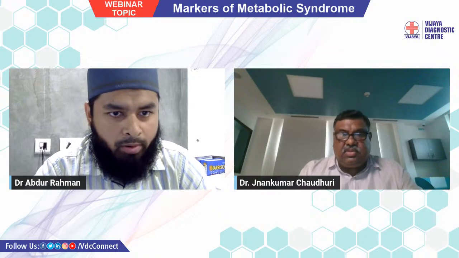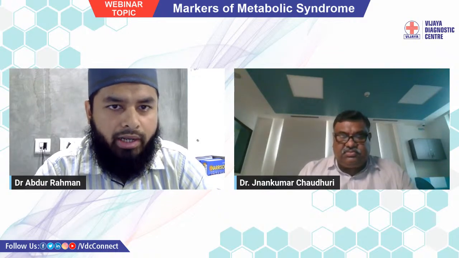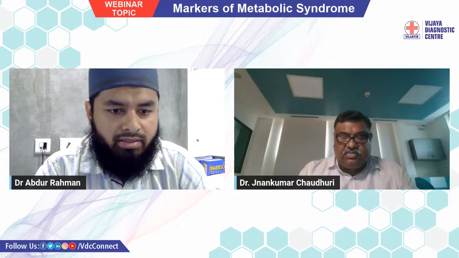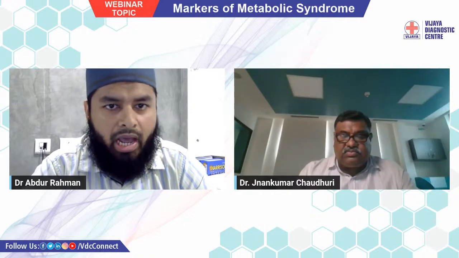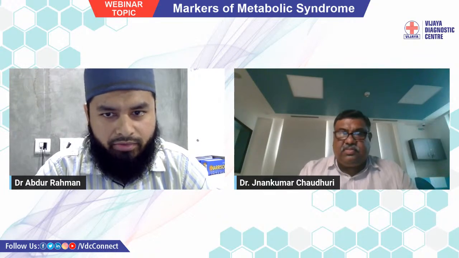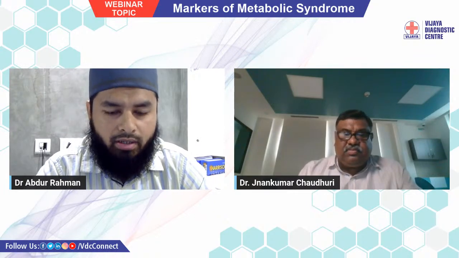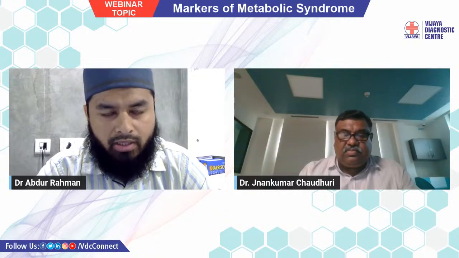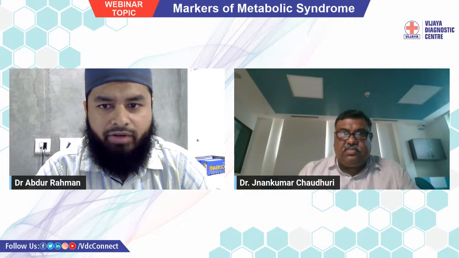If it is more than 1.9, it is an early risk, meaning the patient is in an early stage of getting insulin resistance. And if it is more than 2.9, definitely the patient is at risk. That is the international level. But in India, we follow less than 3 is normal, 3 to 5 moderate or early risk, and more than 5 it is definitely a significant risk.